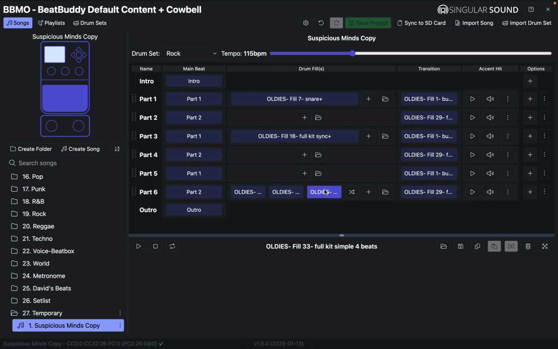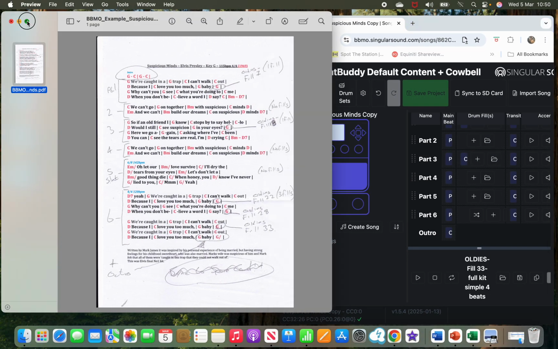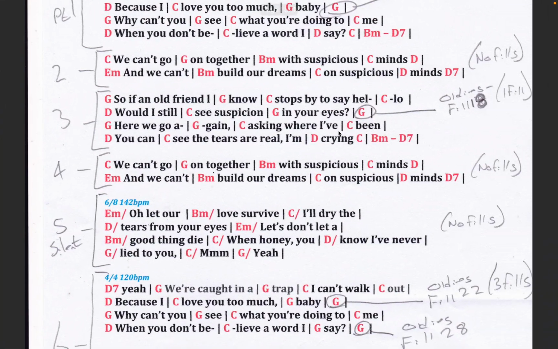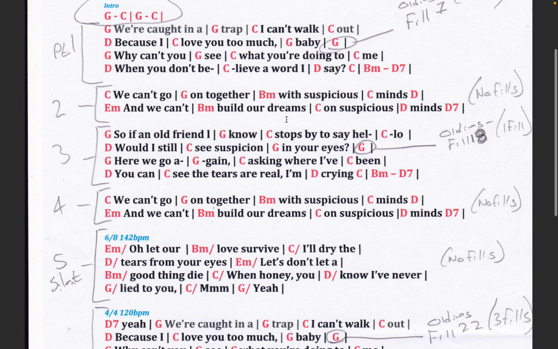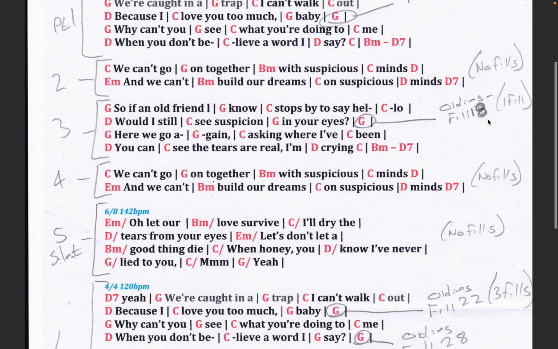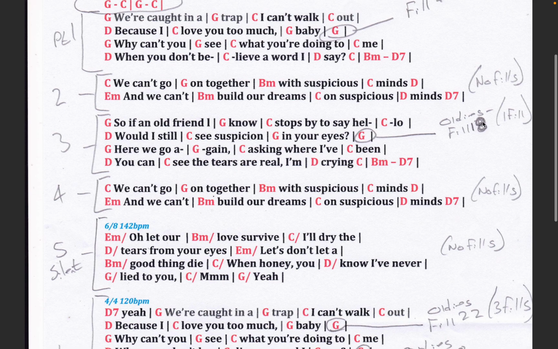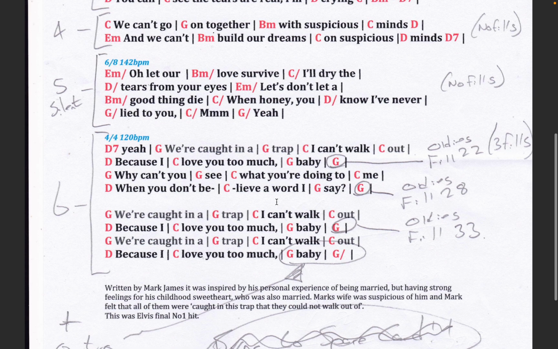2, 3 fills, and then the outro. So this, in effect, now, if I go back to my song, maximize it, I have exactly what I was after. Part 1 with an oldies fill 7, transitions to part 2 with no fills, transitions to part 3, which is a copy of part 1 with a different fill, part 4, which is a copy of part 2 exactly with no fills,